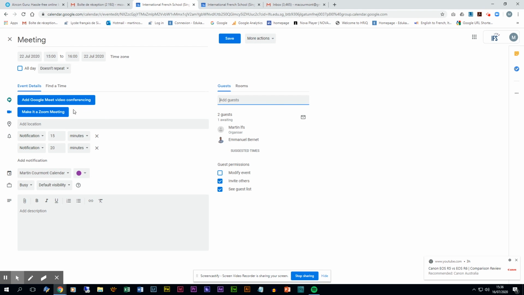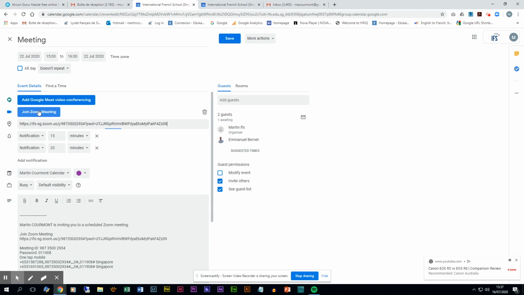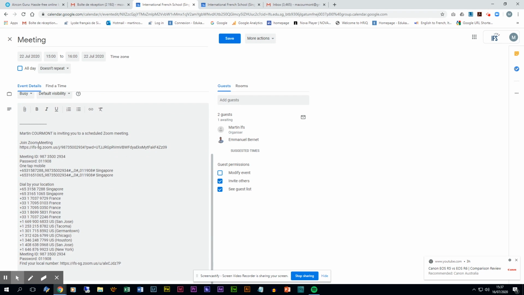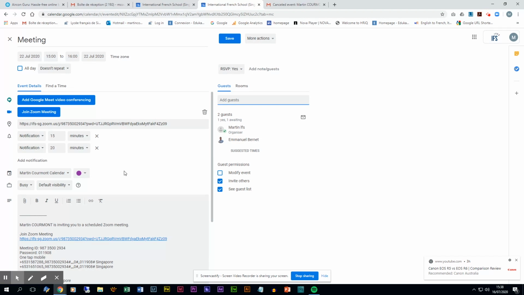You can even add a Google Meet video conferencing or make it a Zoom meeting. For example, if you click on Make it a Zoom meeting, this meeting will be a video conference and all the details of the video will be sent to your guests just here. Let's come back to the color part. Just on this side, you have the function of which calendar your event belongs to.